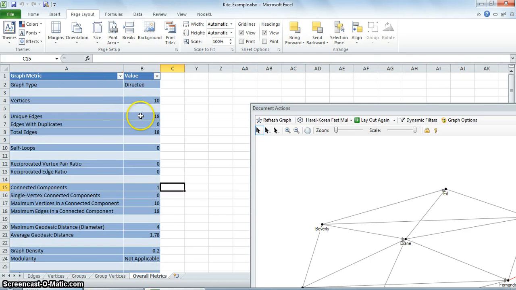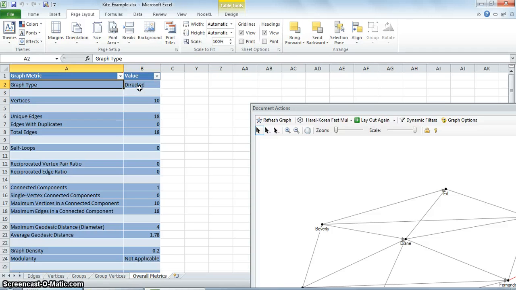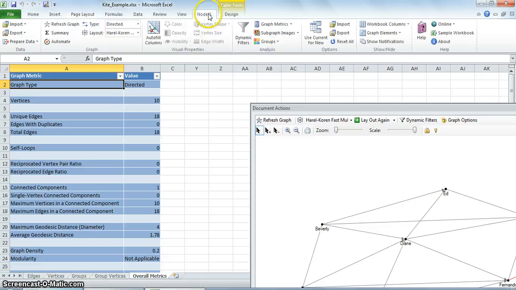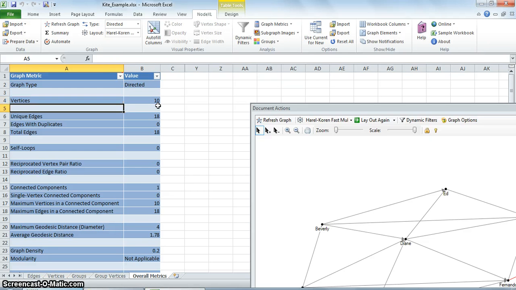Coming to the overall matrix, I'll just give a brief info on what each graph metric is. The graph type signifies if the graph is directed or undirected. The vertices show us the total number of vertices. Next are the unique edges.